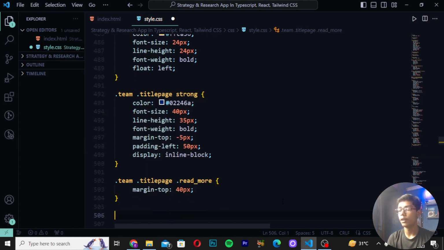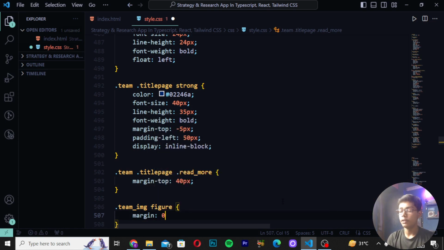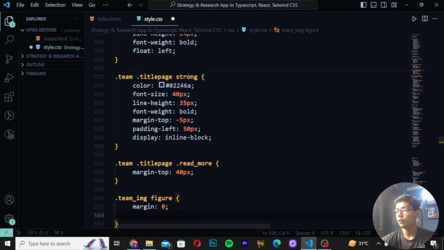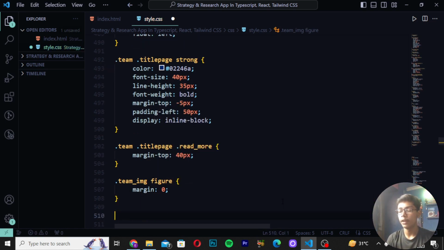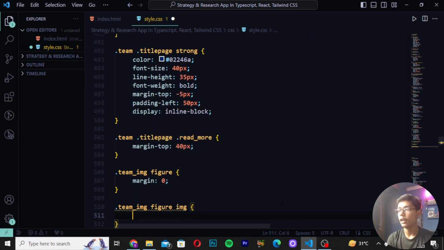Then you have to move down and write here .theme_image figure, and here I will be writing margin 0. Then when you've just done that, you have to move down and write .theme_image figure image, and I will be writing width